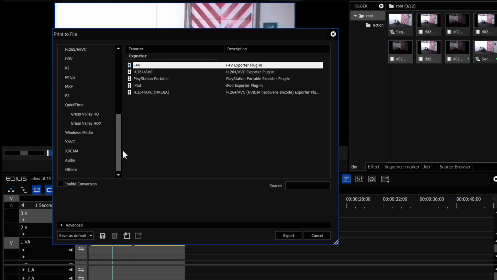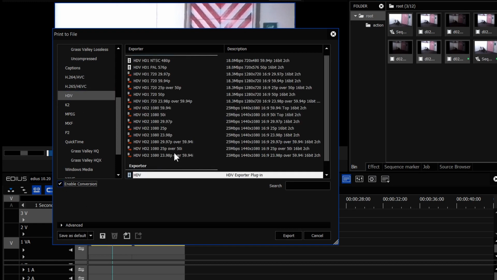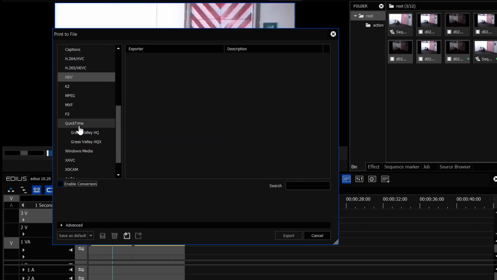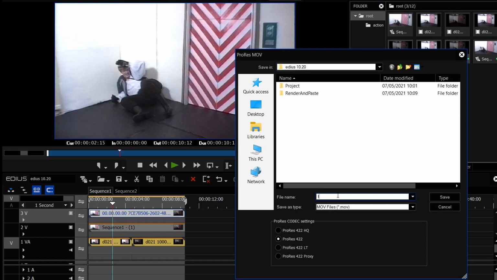Just like the print to file dialog box, if I go to say a format like HDV, which doesn't happen to support what that is. That clip is actually a 25p standard definition file. That's not something HDV can do. So I don't get an option of a preset there, but I can tick enable conversion and then convert it to something which is actually HDV if I want to. So you've got lots and lots of different formats that you can choose from, and you just choose it, say export, tell it where to go,